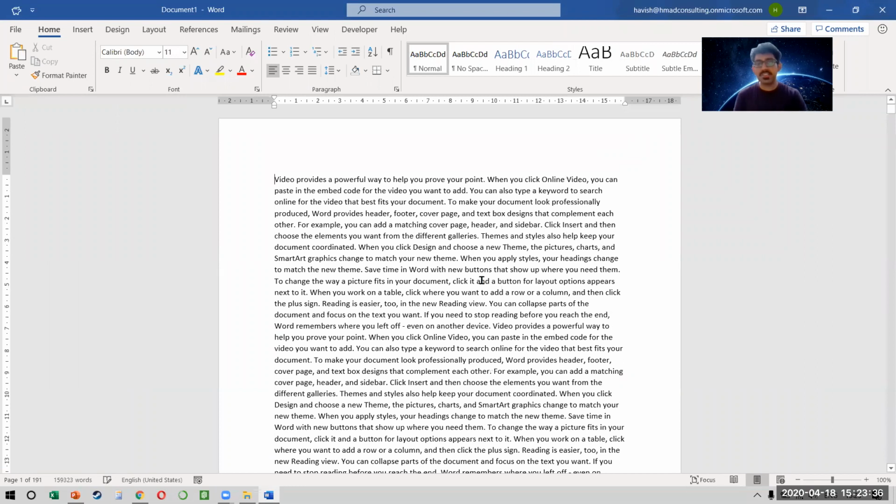If you want to see two copies of my Word document, what do we do? Same thing, Control Shift and N. That opens a second copy for you. And once you've done that,